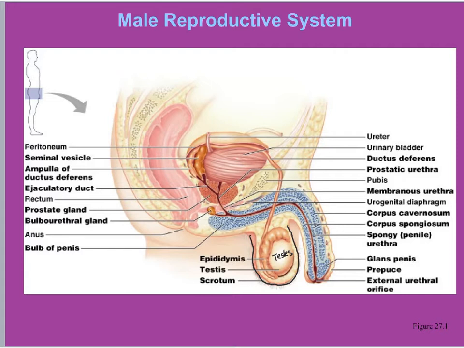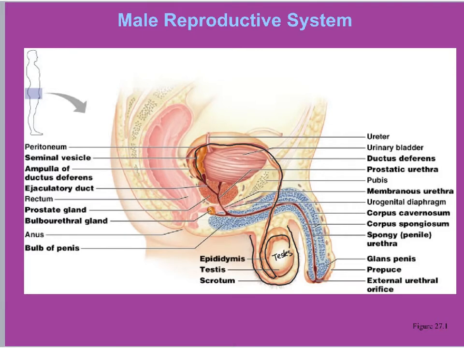Sperm make their way out of the testes into this structure here, this little comma-shaped structure called the epididymis. And those sperm gradually make their way down to the tail of the epididymis. And then upon ejaculation, those sperm leave the epididymis, make their way up this tube here, so they're traveling into the body now, over the bladder, behind the bladder, and it's kind of hard to track, you lose that structure